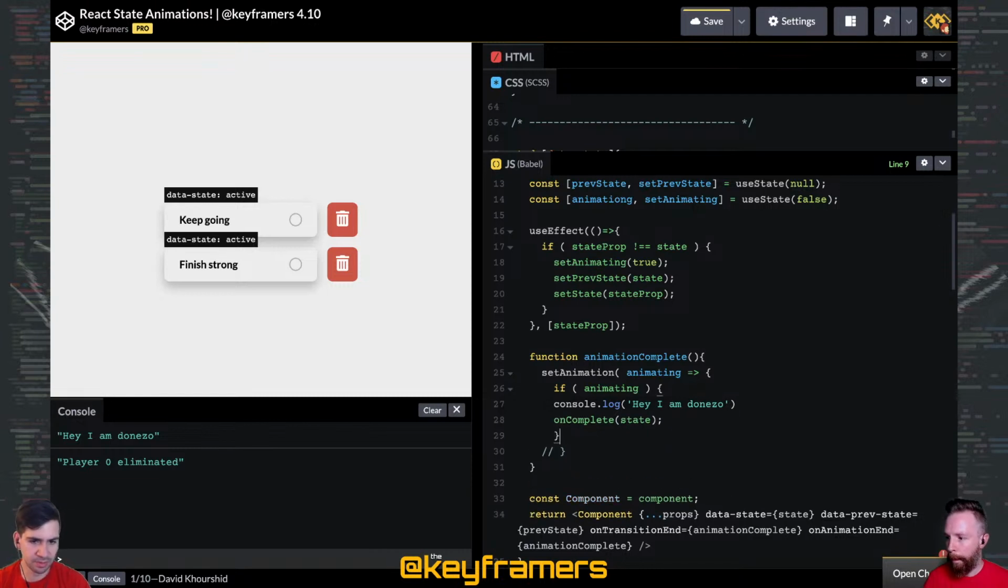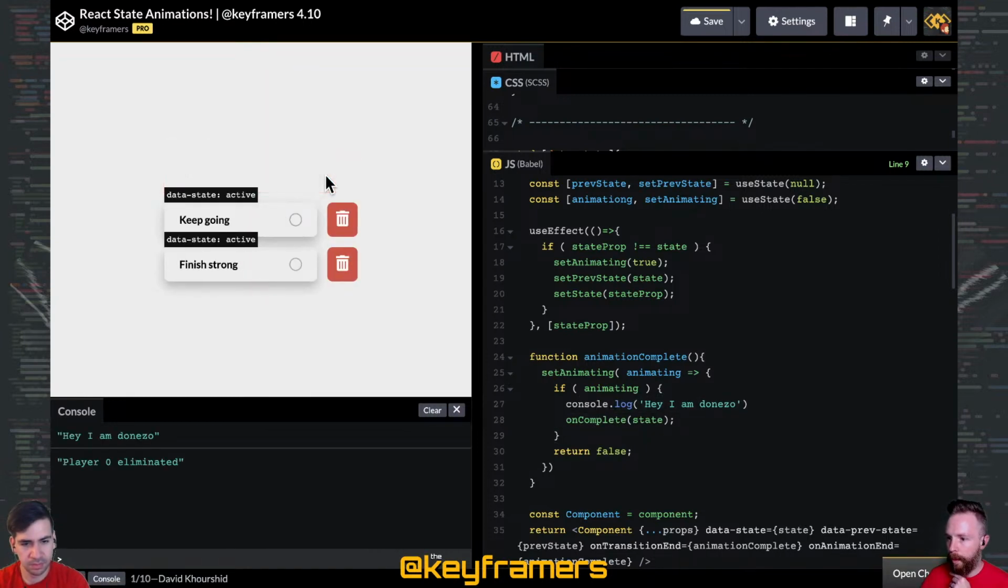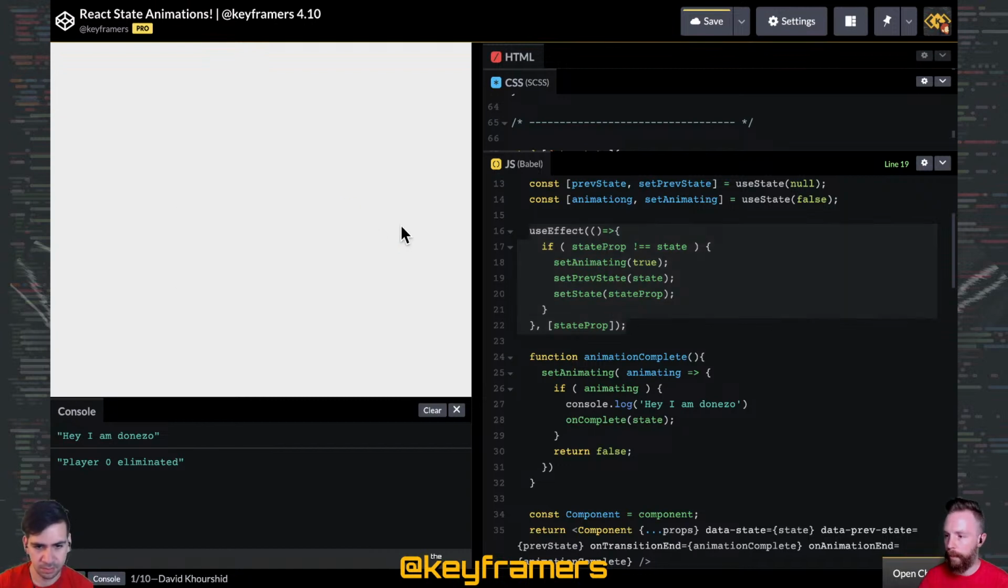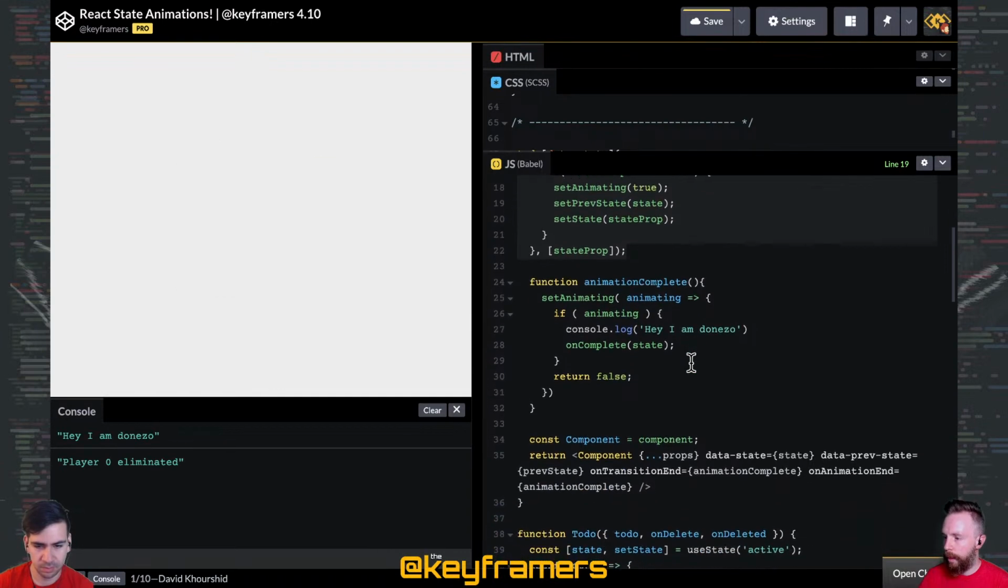What's set animation? The set animating is what that should be. Set animating, and then we'll return false. This should do it. Yeah, there we go. This way, it's only going to trigger that on complete if the transition or animation end came from a state transition. That way, a hover animation or some separate animation would not trigger it. In theory,